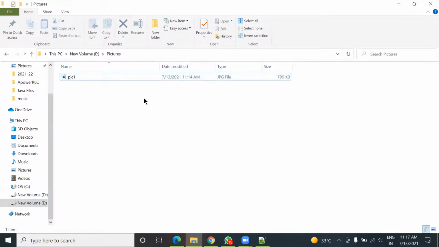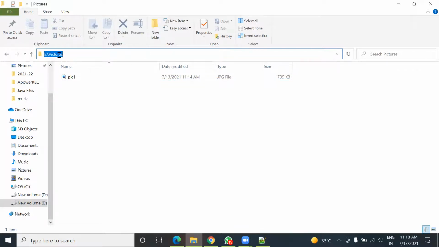Now if you look here, this PC, new volume E, and pictures. So this is the path of this folder. If you click here, it will come like this.